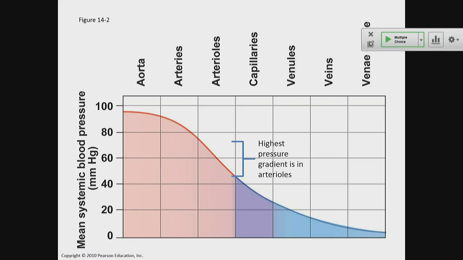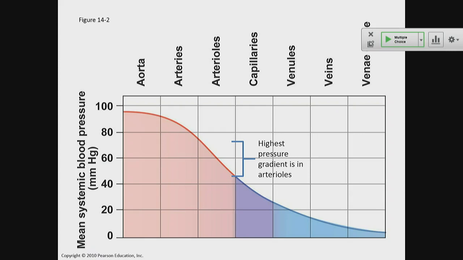But let's take a look at this now. The pressure is, of course, highest in the beginning, and then it gradually drops all the way to the end. It has to be that way because in every section, the pressure in the beginning has to be higher than the pressure at the end, so that the flow of blood is in one direction. The pressure at the beginning of the capillaries is always higher than at the end of the capillaries, so the blood flows from the arterial side to the venous side.